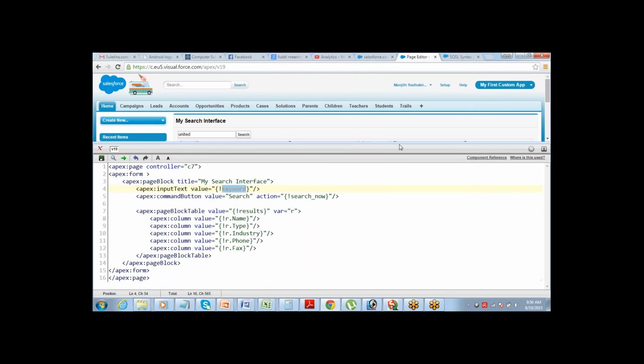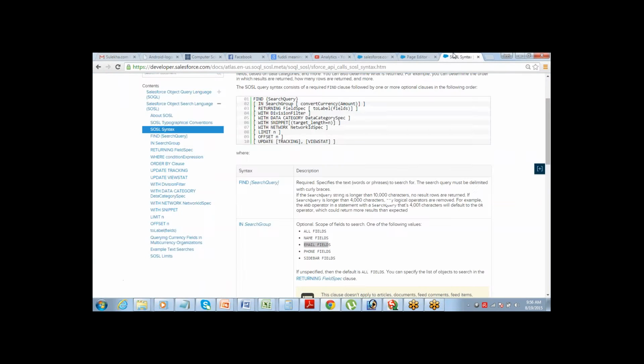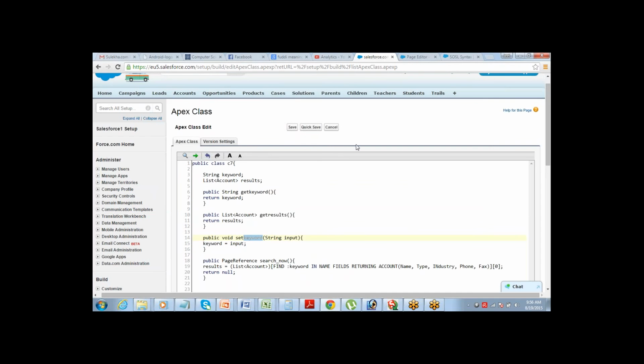So what I would suggest you to do is go back and try to create a similar kind of page for maybe an opportunity or a contact, and see if you are able to work with the search interface. It's pretty easy. There is just one void method that we have used.